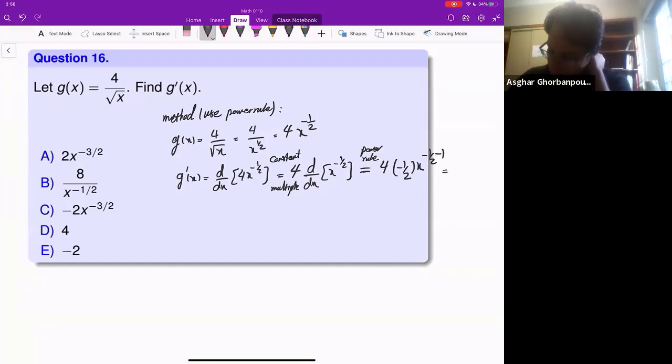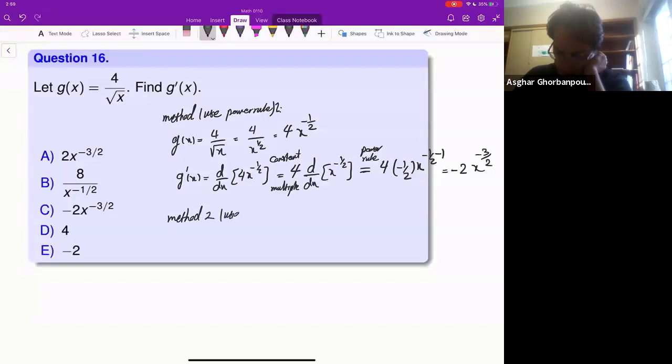And well, that will give me 4 times negative half, which is negative 2, times x to the power negative 3 over 2. So that is power rule. That's method one. Method two